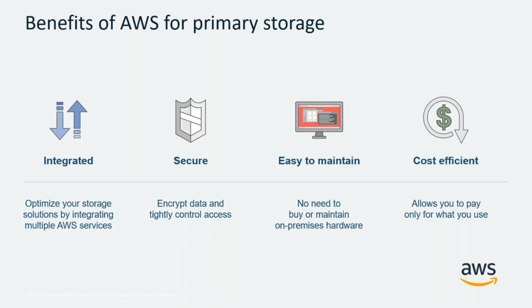Some of the benefits that AWS provide when it comes to using our storage services as your primary storage. First of all, it's natively integrated with all the other services that AWS offers. You can leverage EC2 instances and our relational database as a service, and they are all backed by the various storage services on offer, like S3 and Elastic Block Storage. Also, security is built in at all layers within AWS. We see it as job zero, so there are inherent security